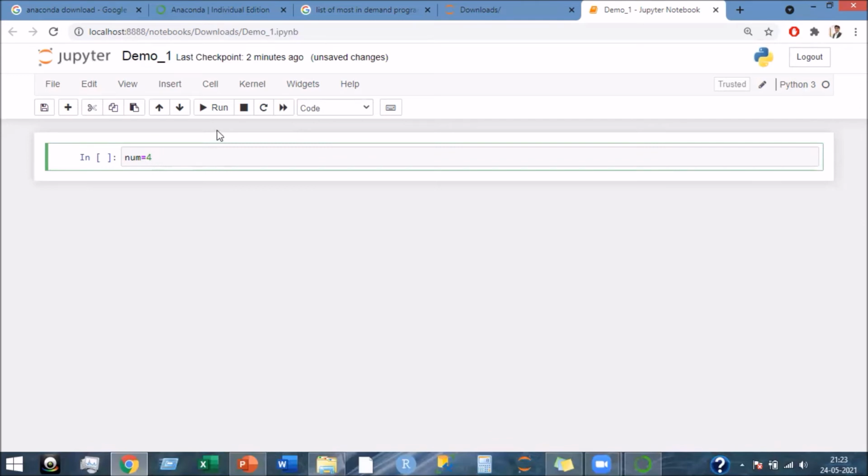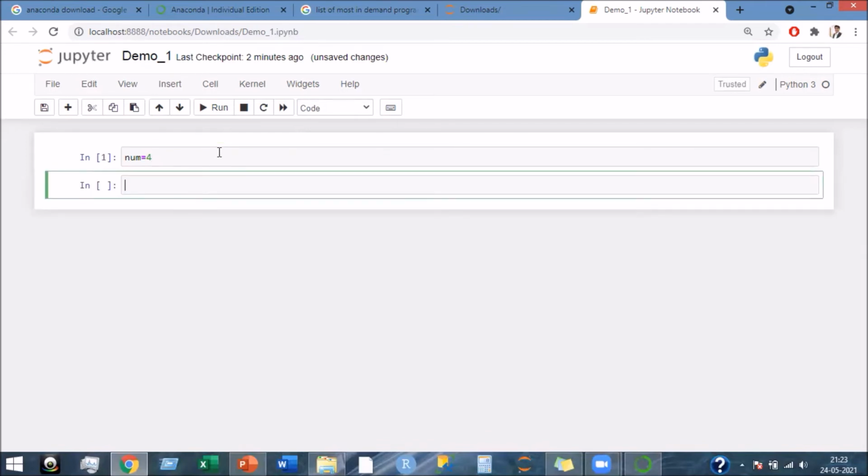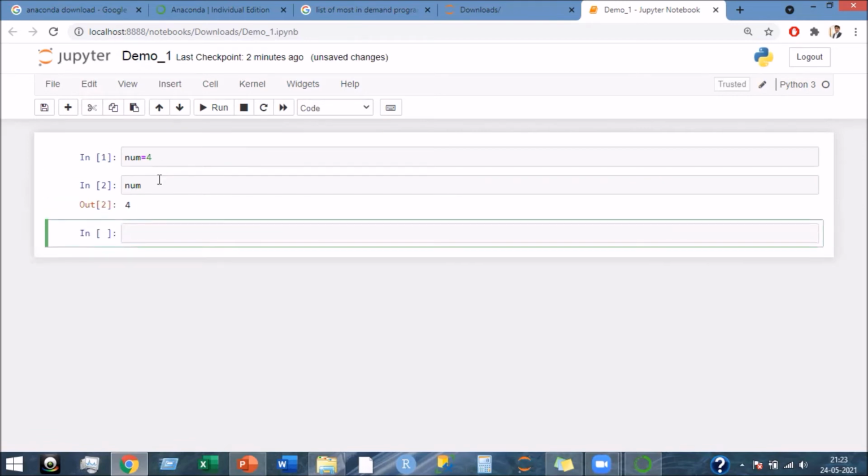In order to run the code, you can just click on Run, or on your keyboard press Shift and Enter at the same time. The code has run. But in order to view this, you can just type num and run it. You can see the output here.